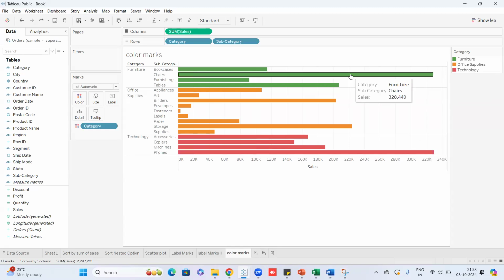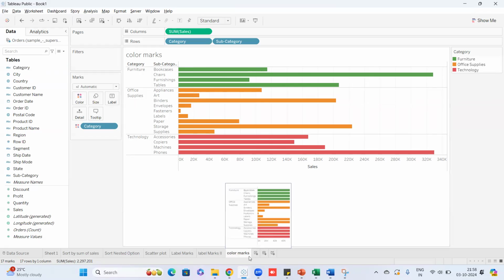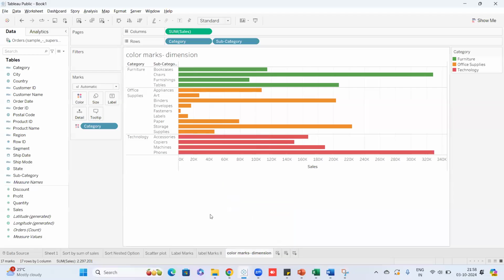Had this been in blue, the readability aspect of that would be lower. So Tableau is all about making your views sharper and better. So this is one way of doing that. Now here I'm using a dimension in my color. So I'm going to call it color marks dimension because category is a dimension. I'm going to now use it in